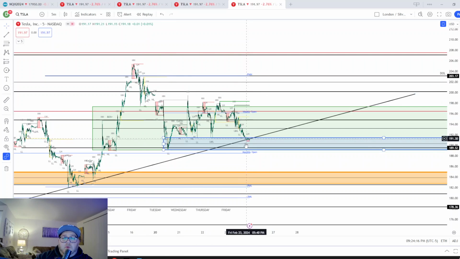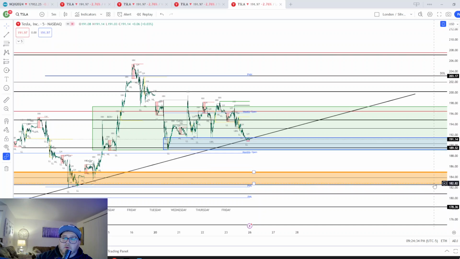So we've come down, we've come back into this order block here. We just talked about that as holding support. If that doesn't hold support, we got the 4-hour inverted fair value gap, but we've already been here. If we come back down to this fair value gap, that's in the 185 down to